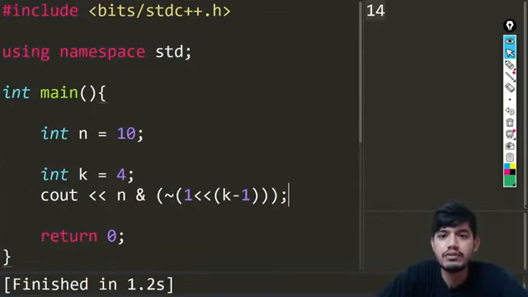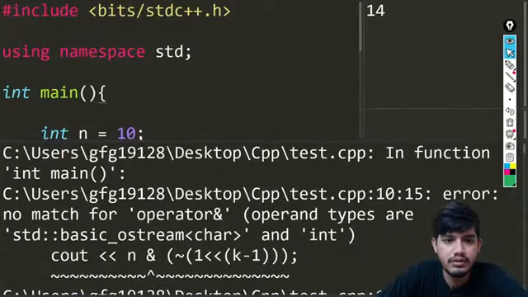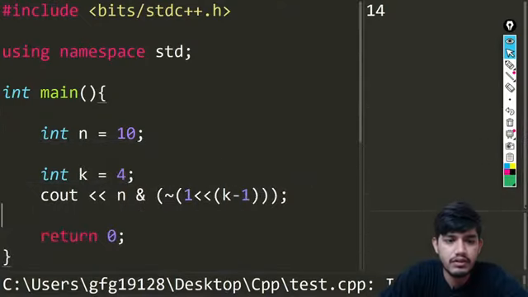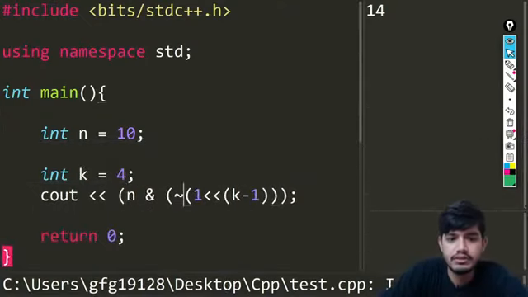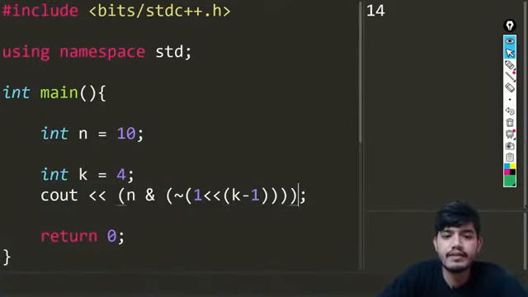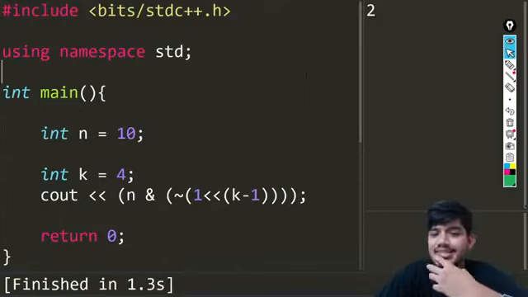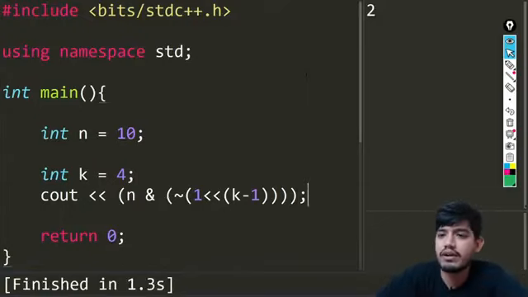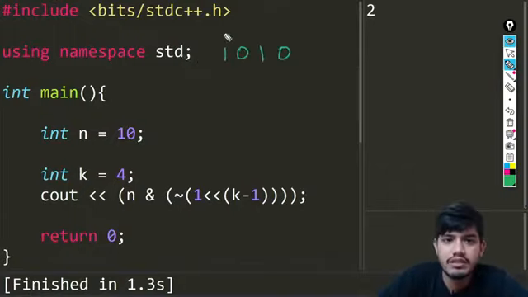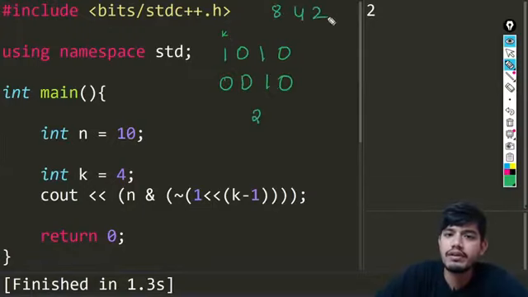So let's try to print the value. It is showing some error, I think. So here they want it to be printed something like this. Here the value which is coming now is 2. Let us see how it is coming to. So we have 1010, and we have this 4th bit which we want to unset. After unsetting, it will be something like this. And what is this value? This is nothing but 2. If we do the example here, this value is 2, and this value is 10.